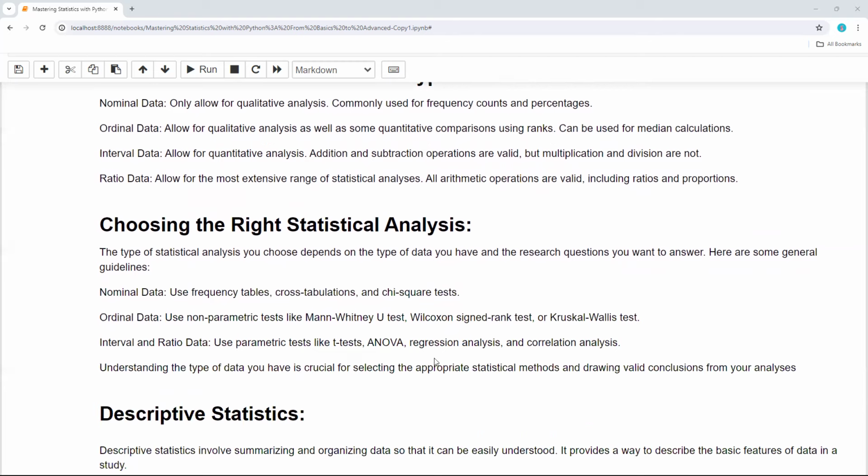So next thing, choosing the right statistical analysis. The type of statistical analysis you choose depends on the type of data you have and the research questions you want to answer. Here are some general guidelines. For nominal data, use frequency tables, cross tabulations, and the chi-square test. What kind of measures can we take if we have these kinds of data? If I have nominal data, we will use frequency tables and cross tabulation. These are the methods. And ordinal data, if we are coming across it,